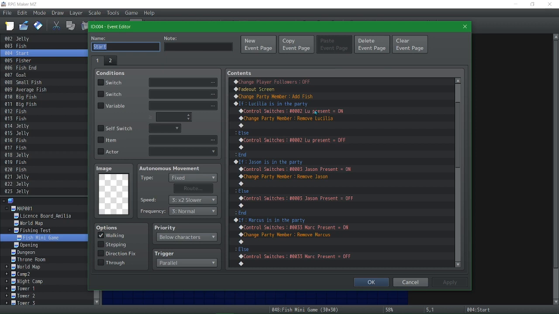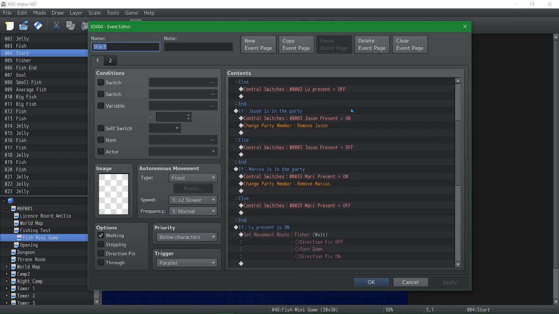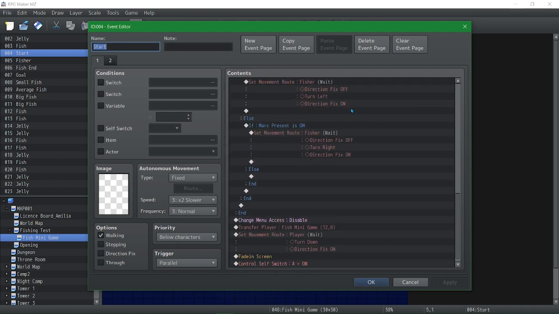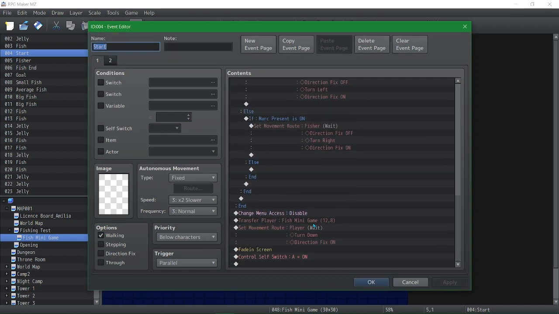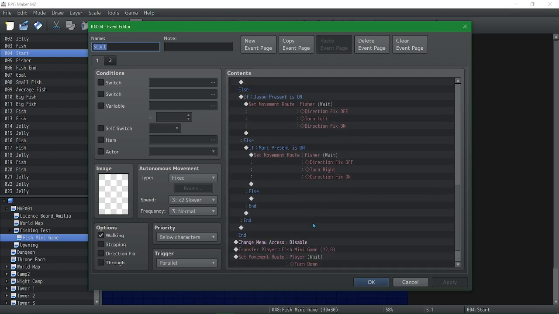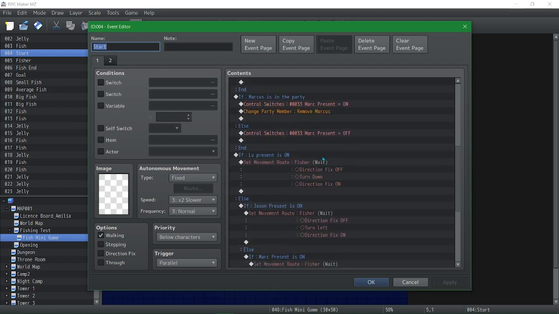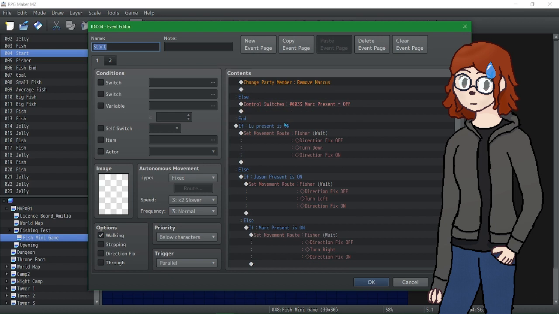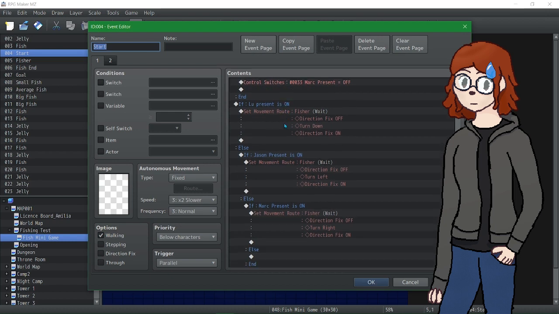The control switches, blue present on, etc. Yeah, it's complicated, but also not. I don't know why I did this.